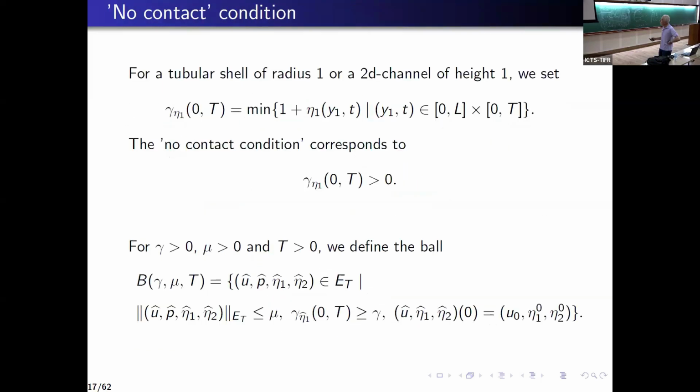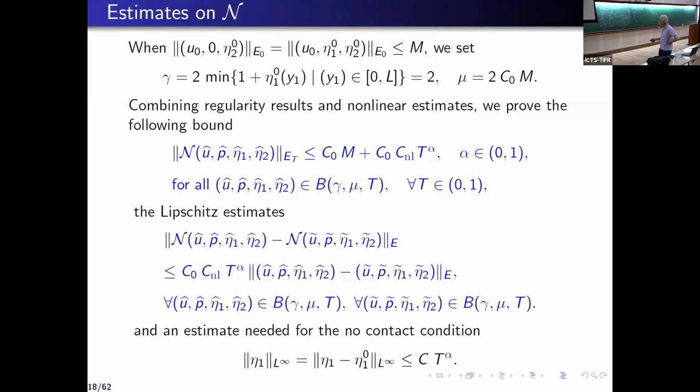Okay, and so when I make the difference between the two quantities, of course, since I take the same initial condition for the two different functions I take in the ball, the term coming from the initial condition disappears, and I have only this term. And it's why I can obtain a contraction, because I can choose T small enough in such a way that this quantity is strictly less than 1, for example, equal to 1/2. And I can also check the non-contact condition.